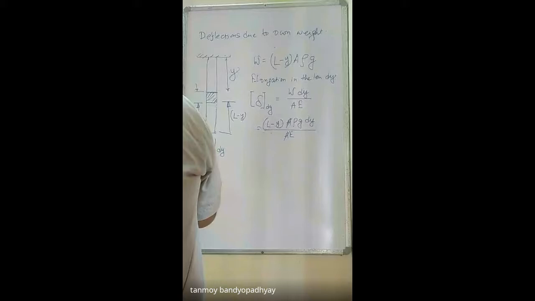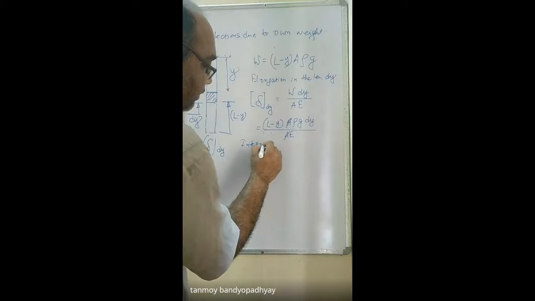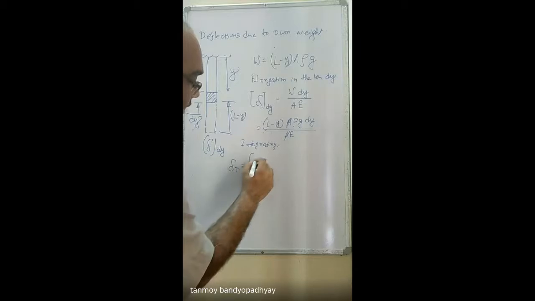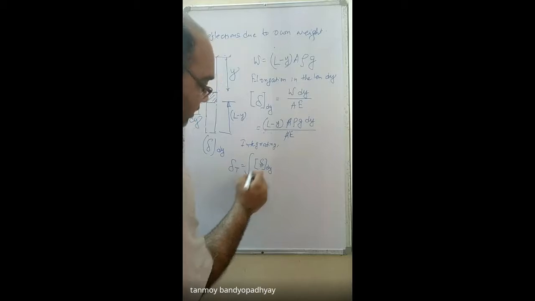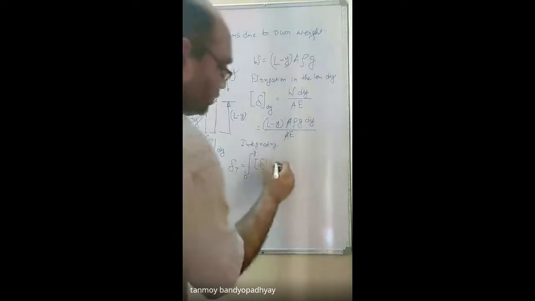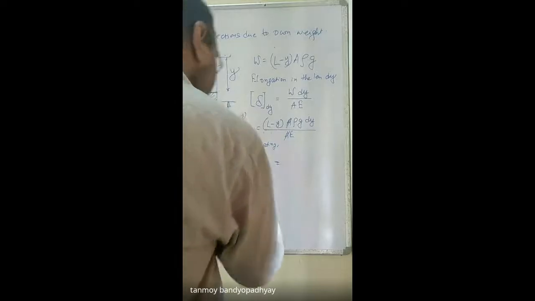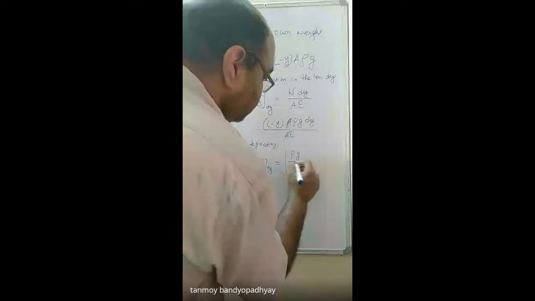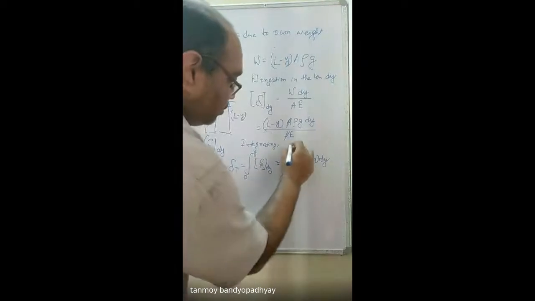Now if I integrate dy over the whole y, integrating, I am getting delta total, which is the integration of this delta over dy. So dy is from 0 to y, so I am calculating it for the entire length. Okay? So what should I be getting? If you integrate this, it should be the integration of rho g, these are constants, by E into (L minus y) into dy. So it is 0 to L.